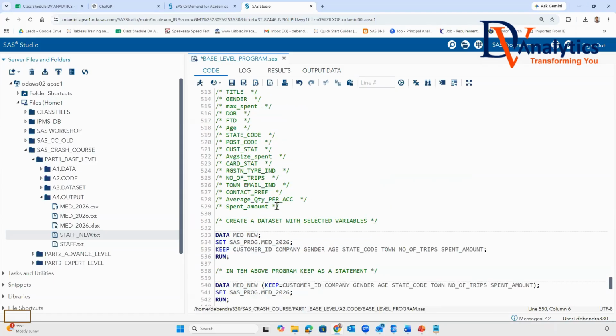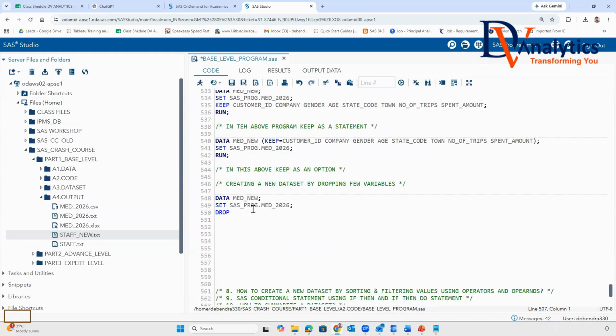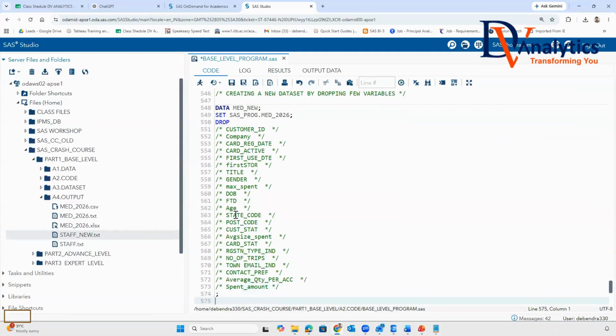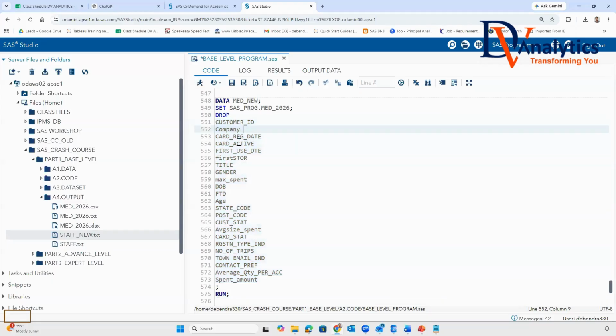What are those variable names? So I want to go for dropping these variable names. Drop, and I can say run. How to uncomment all this? I want to drop variables like